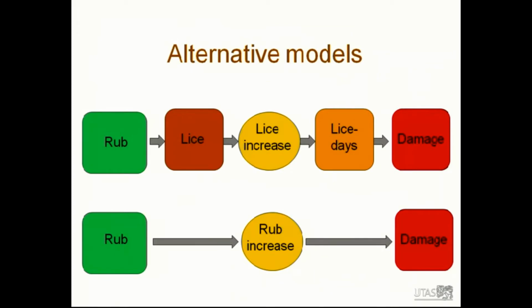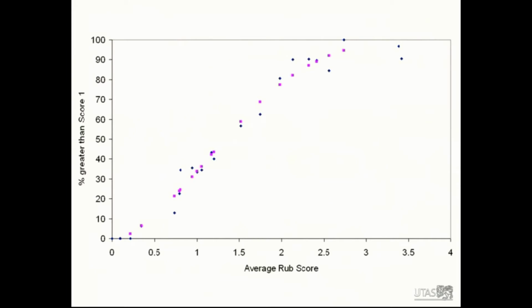So we decided to try simplifying the model to run it through that way, and just skip, although it would have been nice to use the lice population model, but it wasn't giving very good damage results on our damage calculation. So just to check whether we can do that,